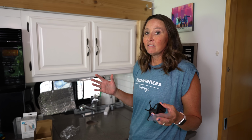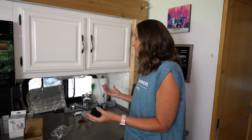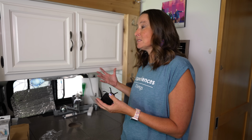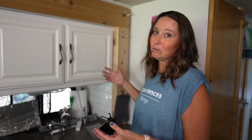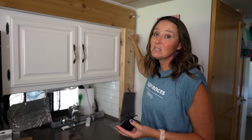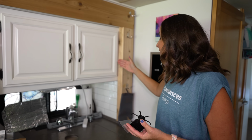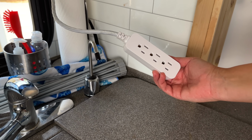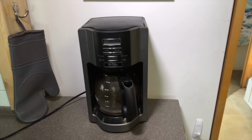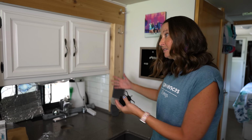One of the things that I have found, especially in the RV, that can sometimes be a challenge is figuring out where I'm just gonna hang my dish towel to dry hands. So after you've washed dishes or you've washed your hands in the sink, being able to hang a towel. I have been using these hooks, which is okay, except then it kind of hangs down in the way of other things. We've got this cord here. I like to actually put my coffee pot here instead, and there's no outlet here because this is on a